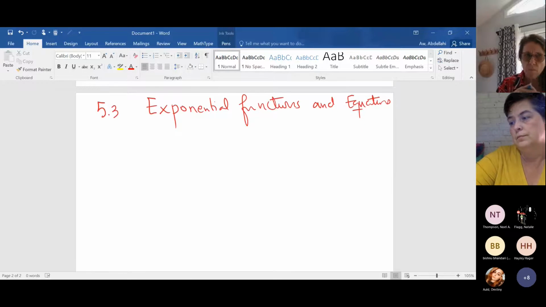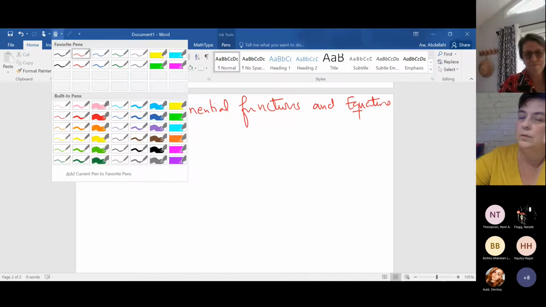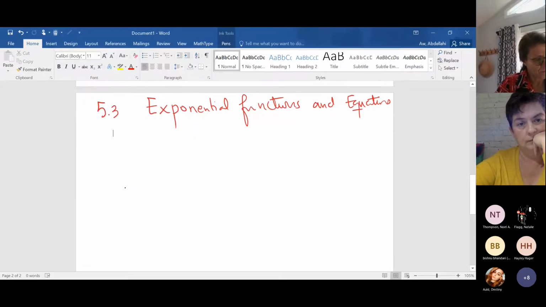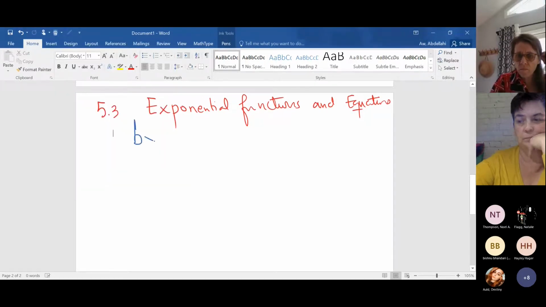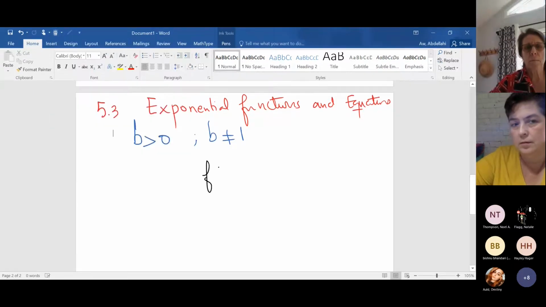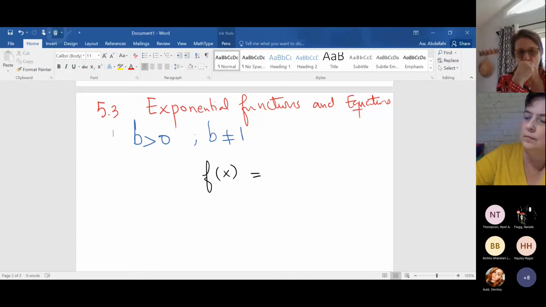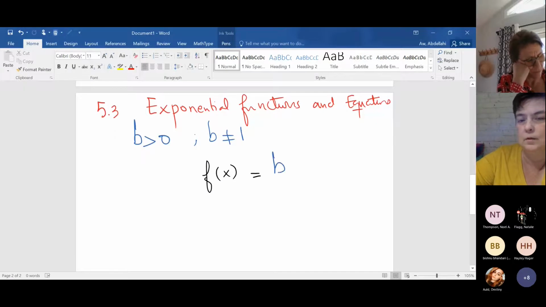Okay, so the exponential function is a type of function that is exponential. I mean, there we have exponents basically. So for that, we need what you call a base. This number has to be positive and not equal to 1. Okay, that function right here, f of x equal to b to the x power,